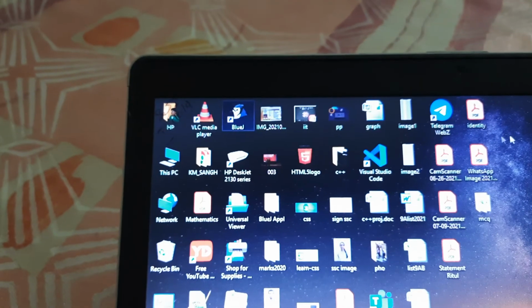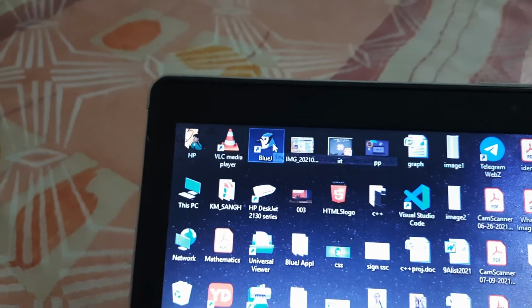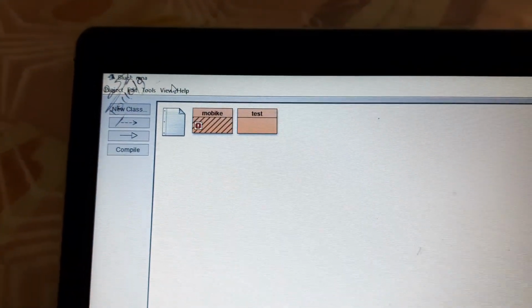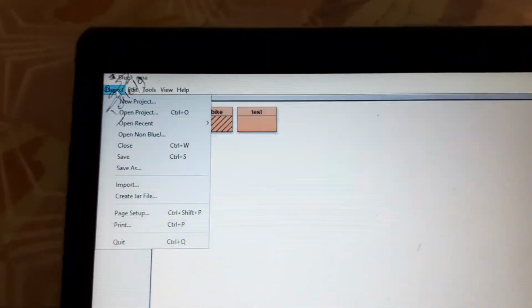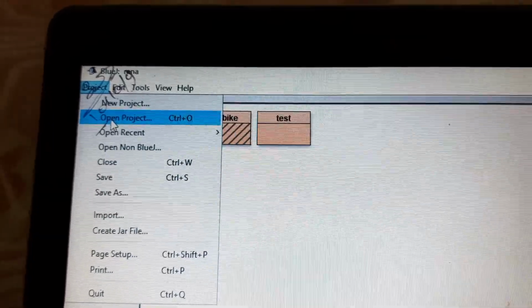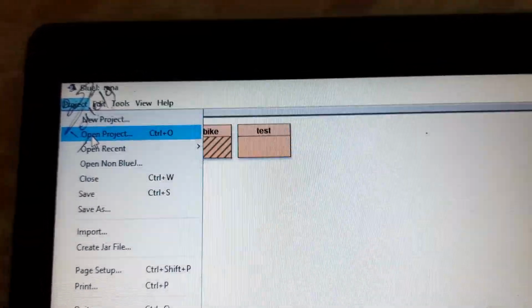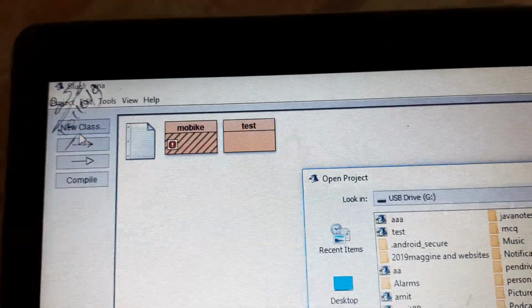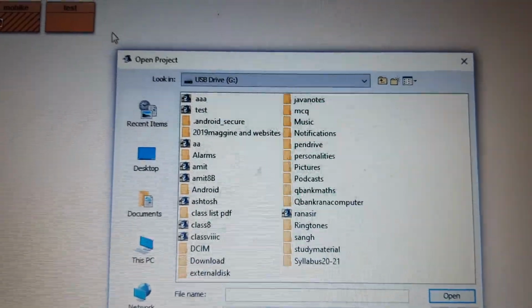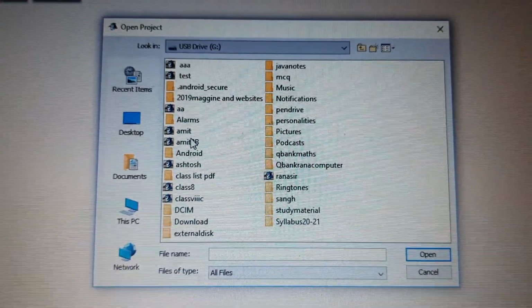So when you are coming next time, see, what you will do, you will click on project. Now you will not click on new project because you have already created the project. Open project. So after this, you find your project.